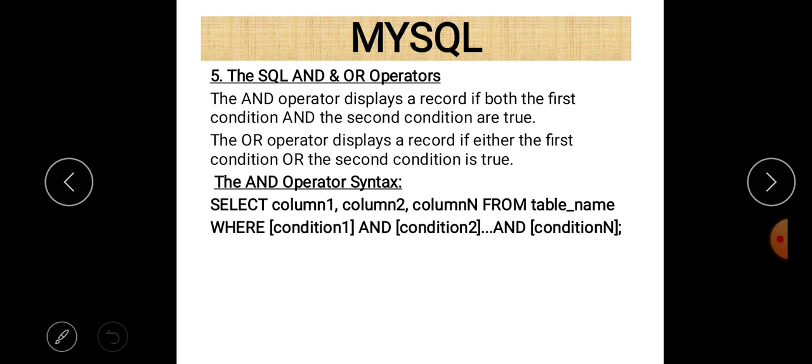So it all depends on you how you separate the condition. You can separate the condition using AND or using OR. So that is the syntax on the screen. Select column name 1, comma column name 2, comma column name n, columns are there. From table name where condition 1, and after condition 1 just write keyword AND, condition 2. So these are the different conditions. To separate two conditions we can use AND, and if there are three conditions we use AND between the conditions, as you can see on screen, condition 1 and condition 2, after AND condition n, in such a way.